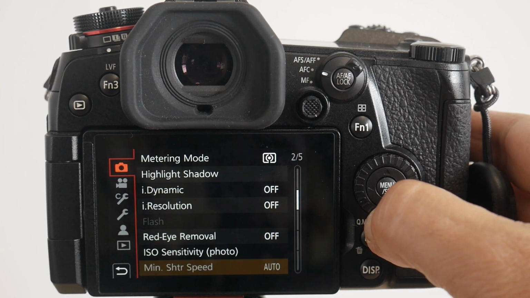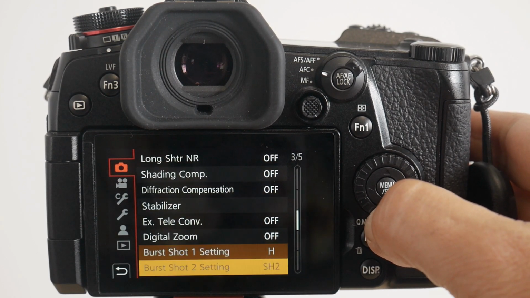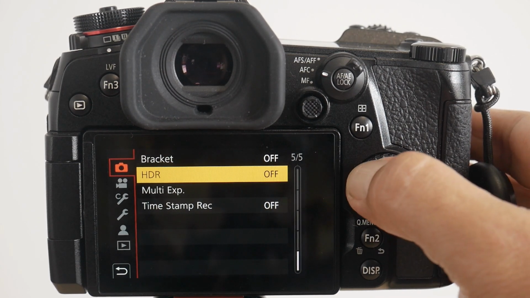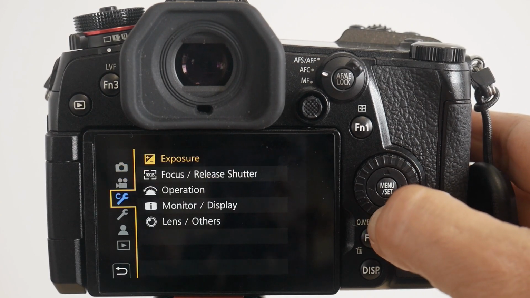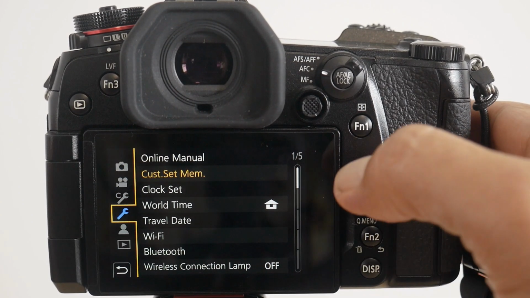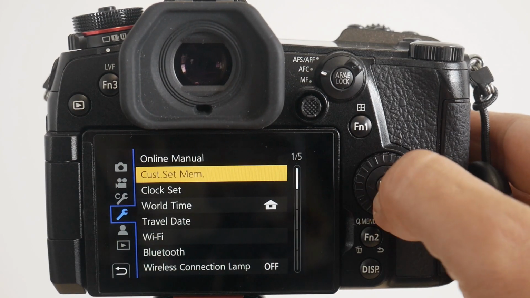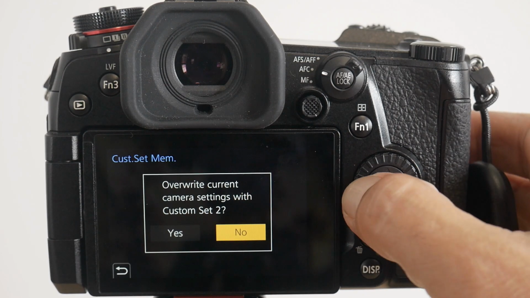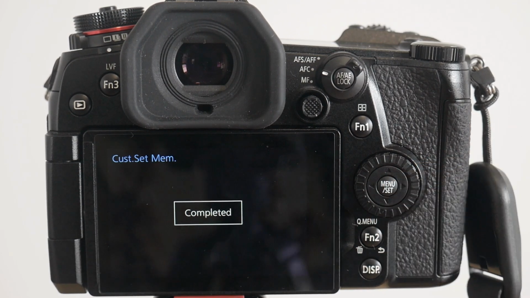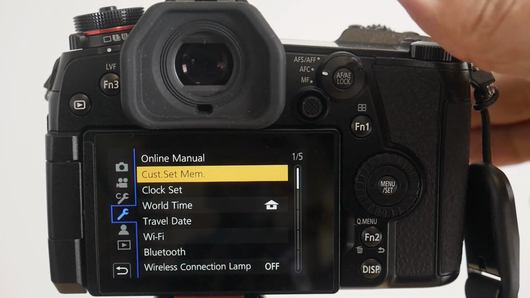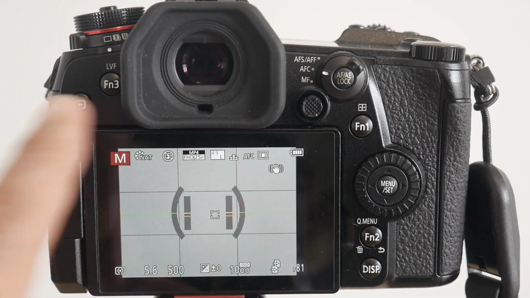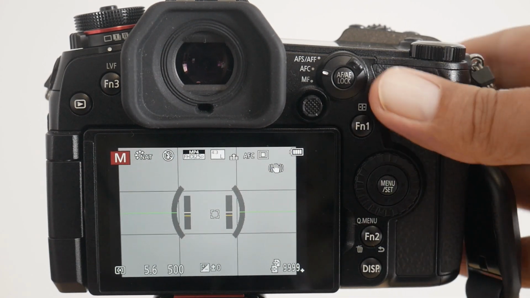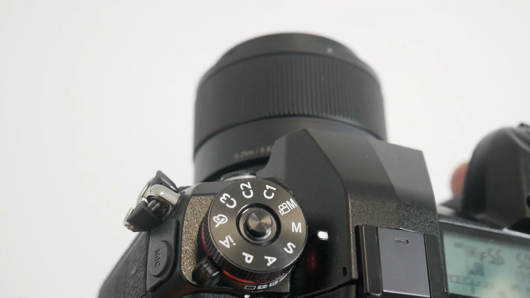What else can we select to that? We don't really need to do anything else. So yep, we're quite happy with our settings there. We then venture back to our fourth tab down at the bottom here, go to our custom set menu, select that, and this time we're going to allocate it to C2, and then scroll over to yes, select it, and then once again it's completed, right? And as you can see, we're back into our manual mode as we were normally, but this time we're going to navigate our dial to C2,